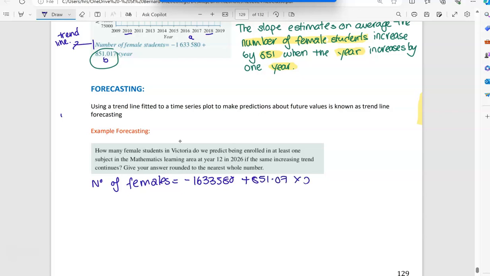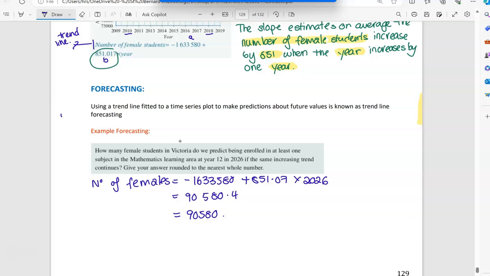So that's why it's important they might ask you that, or you just have to say, well, assuming the same trend line happens. So I'm going to round that to a whole number because it's talking about females. So we assume that there'd be 90,580 females studying maths in 2026, because we all know we've already lived through